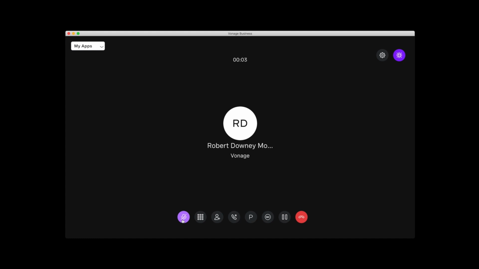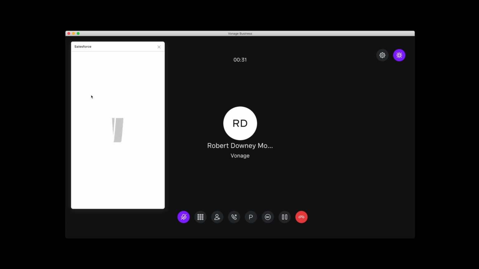When the call comes into the system, you'll now notice in the upper left-hand corner that there is a section for My Apps, which allows you to select which CRM or productivity suite you'd like to capture a note on. It should be noted, however, that if you do nothing but take the call, the system will still automatically record the task or note as you've got it programmed in the admin UI for Vonage Integration Suite.